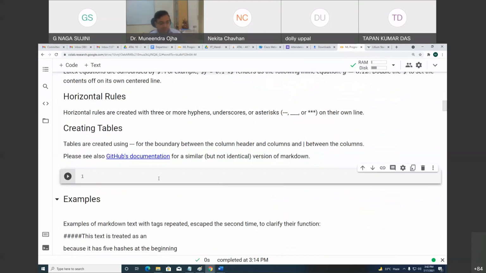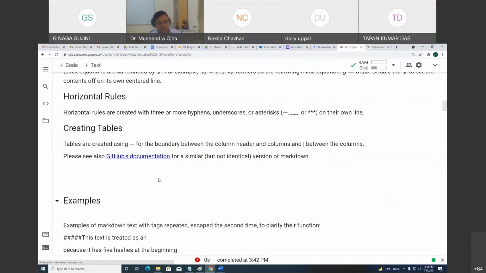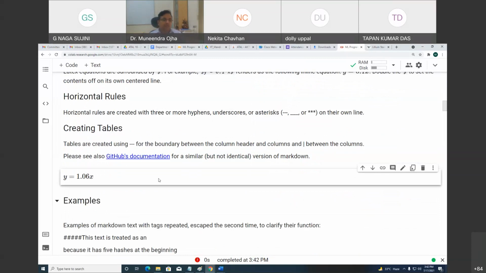If you put single dollar, y equal to 1.06x, sorry, so y equal to 1.06x, this is an inline equation.